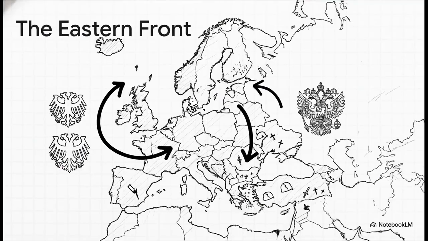Now, on the Eastern Front, Russia was fighting against Germany and Austria-Hungary. And the war here was very different from the war in the West. In the West, they had trench warfare, where armies didn't move much. But here, the armies moved a lot, leading to massive battles and, unfortunately, very large numbers of casualties. The defeats between 1914 and 1916 were shocking, and they were completely demoralizing for everyone.